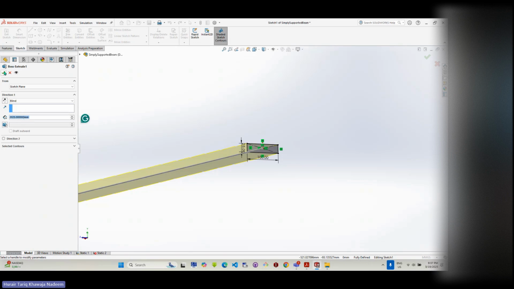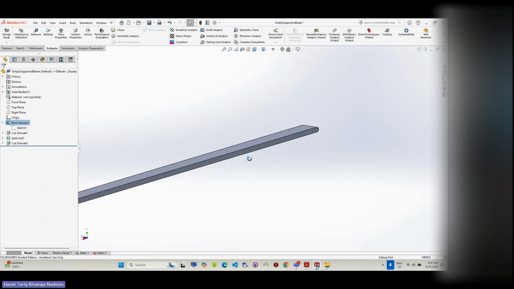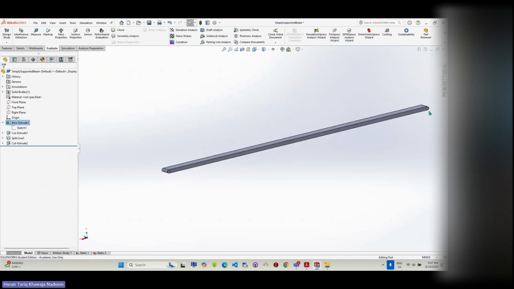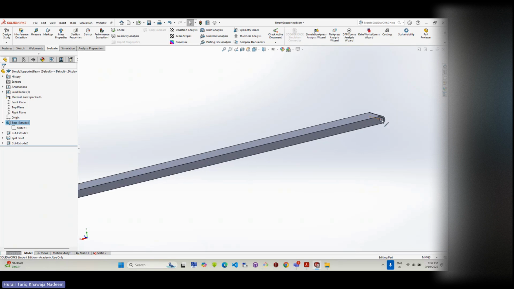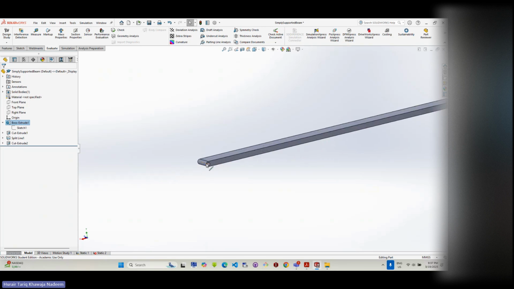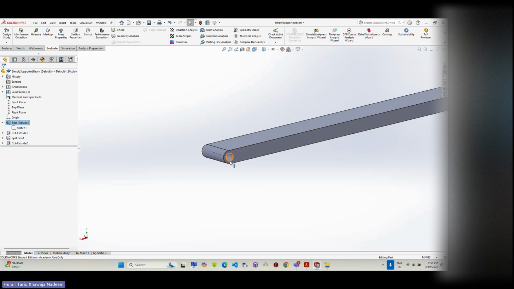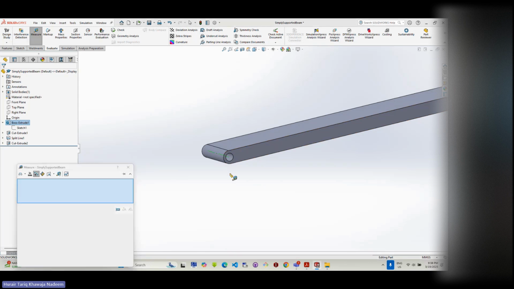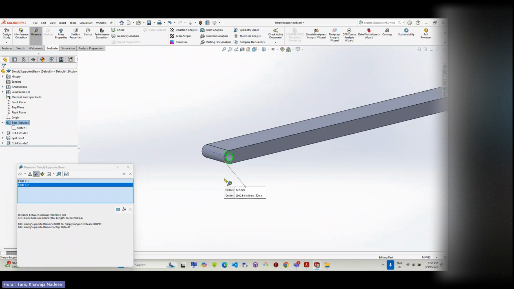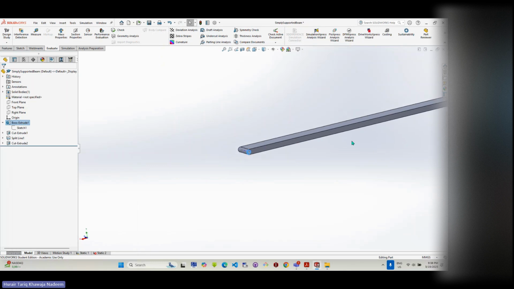The reason is that on this side, I want to keep the distance from center to center equal to 2000. So from here, from the center to the edge, the distance is 12.5. And from this center to the end, the distance is how much? 12.5. So this is 25 millimeter more. And the diameter of this hole, you can go over here to evaluate, measure. You can see that the diameter of the hole is 15, okay? And this one, the radius is 12.5, so the diameter is 25, okay? So it's like this. This is just a simply supported beam, and we want to do the FEA analysis